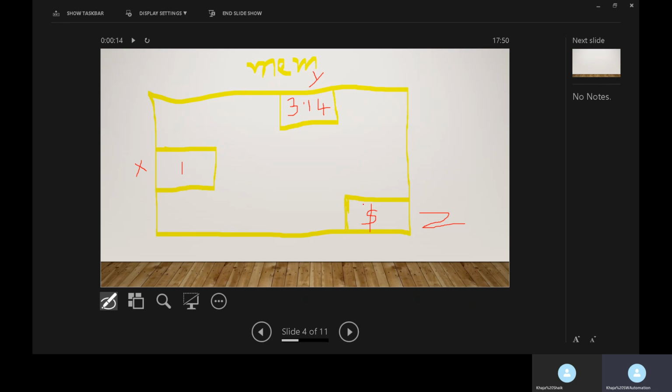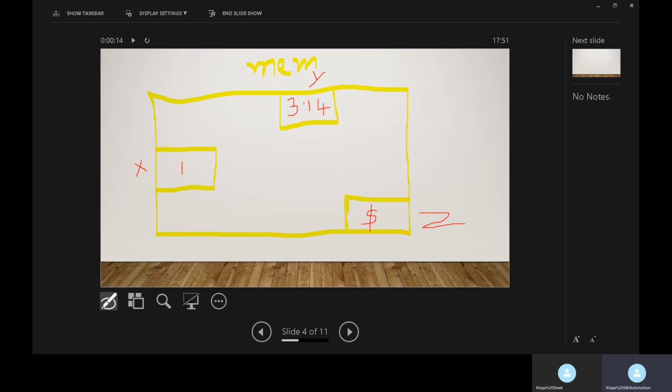The dollar is stored in location Z. Now we have stored data in computer memory, and we can identify where that data is stored by using the names of those memory locations.